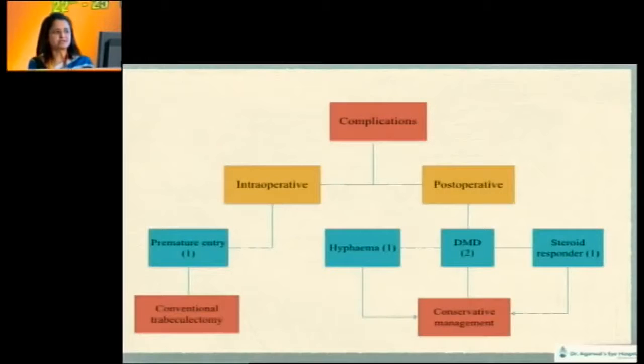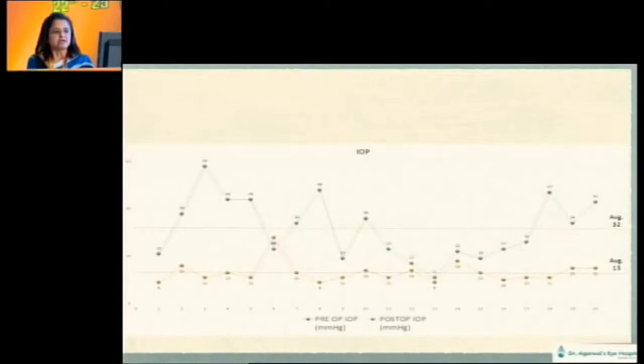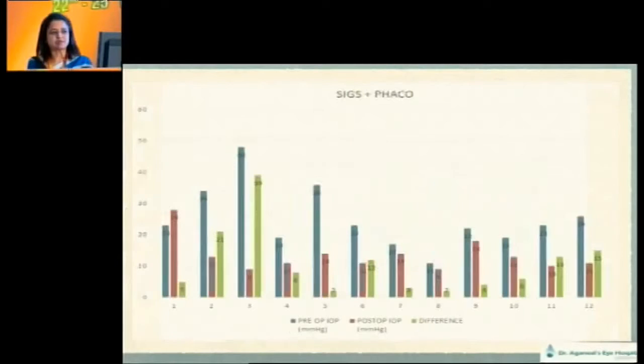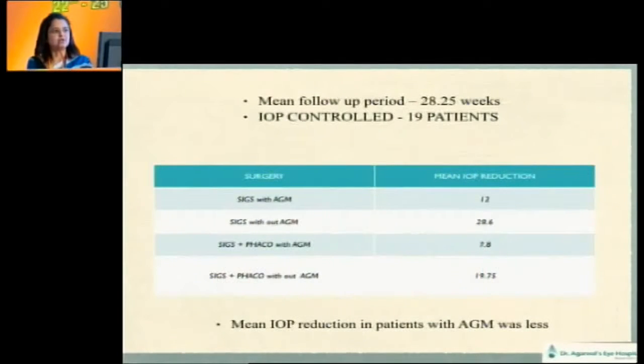As such, complications, in one patient we had a premature entry which we converted into a conventional trabeculectomy, and post-operatively we had small little hyphema or DMD and steroid responder which we managed medically. And in all the groups there was significant control of intraocular pressures when compared to the pre-op, and we had